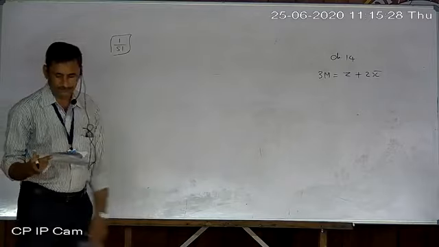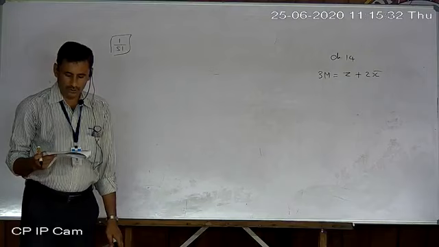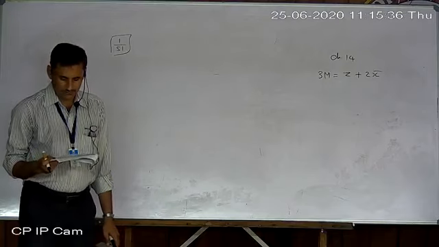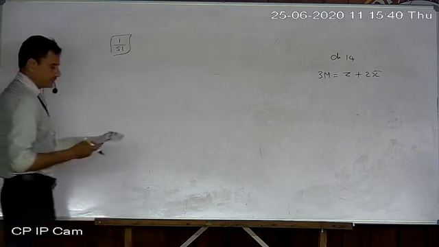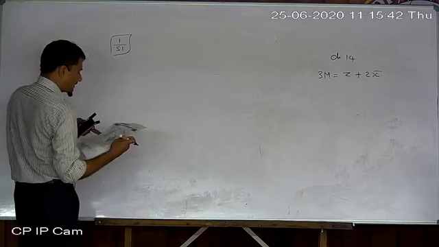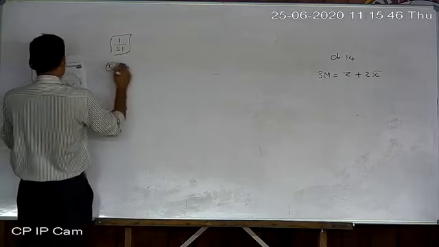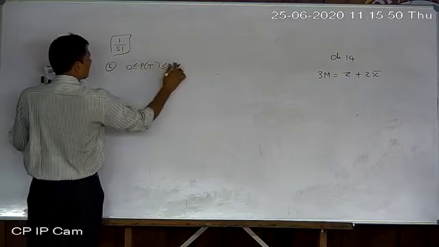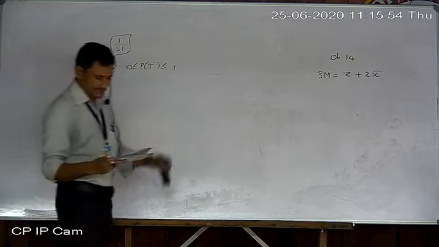Keep in mind the probability of an event is from 0 to 1. Actually there is a mistake in C and D. In options C and D, write at the end not 0 to 0, but 0 to 1. So C will be our answer. P of E, an event, is 0 to 1. Here is 1, not 0, and D also. So option C is the answer.